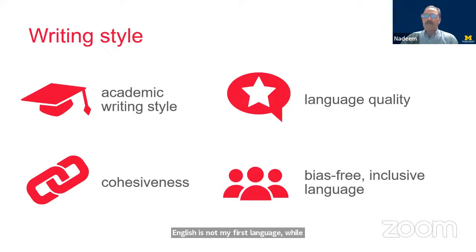While you are working to improve your writing skills, we encourage you to use any services available to you through the publisher or your institution. You can use English language editing services or an editor to help you with language quality and writing style. Sage also offers these Sage author services to help with the language editing and formatting. One common advice by the writing experts to the new scientific writer: practice, practice, and practice. It will make you better in writing. And I think a good writing style makes it easier for a reader to follow your story. Thank you so much. I will hand over back to Jessica.